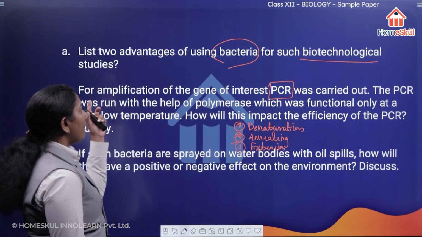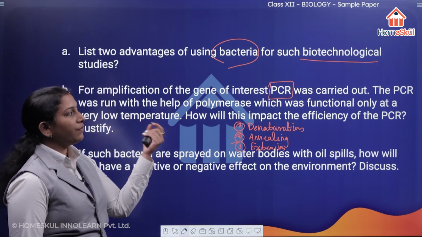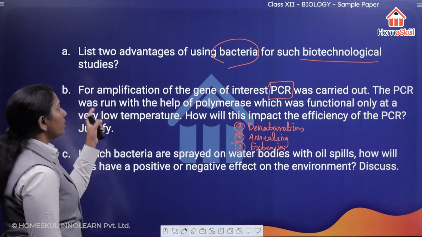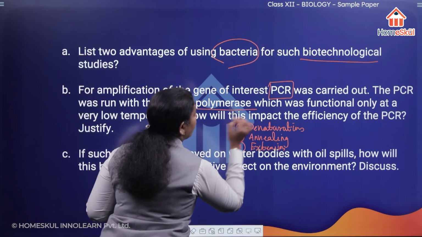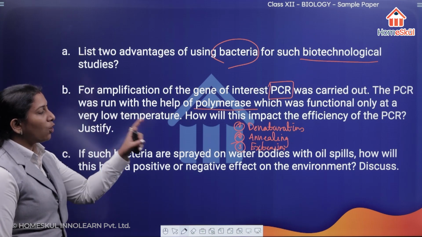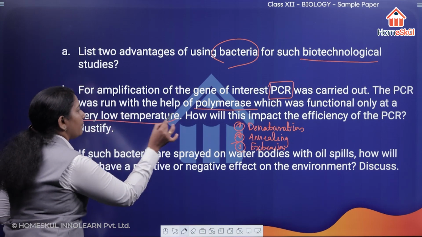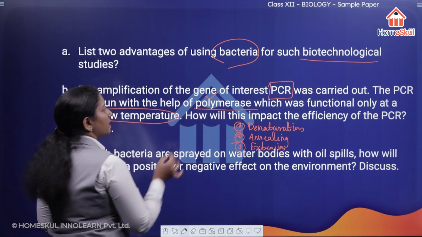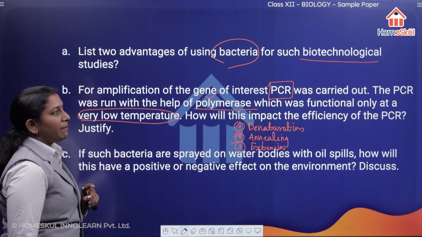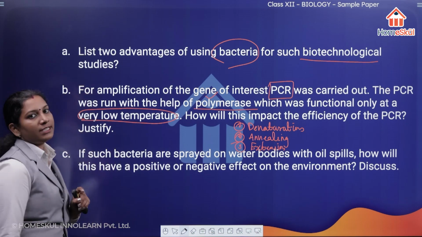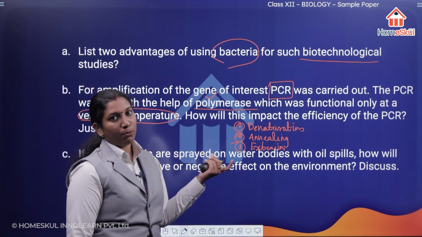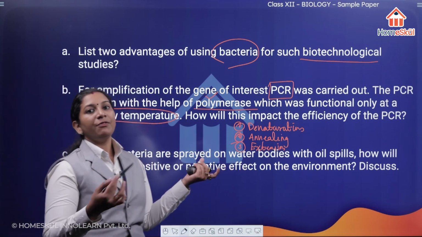For amplification of the gene of interest, PCR was carried out in this particular case, and the PCR was run with the help of a polymerase enzyme, which was functional only at very low temperatures. So how will this impact the efficiency of the PCR? Justify your answer. We know that PCR is a reaction for the amplification of a